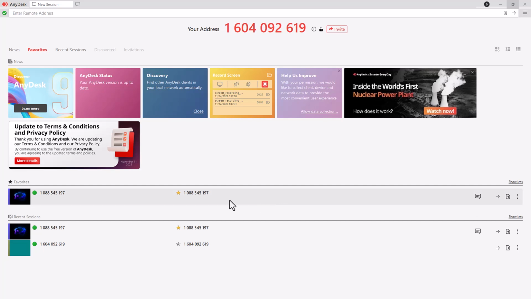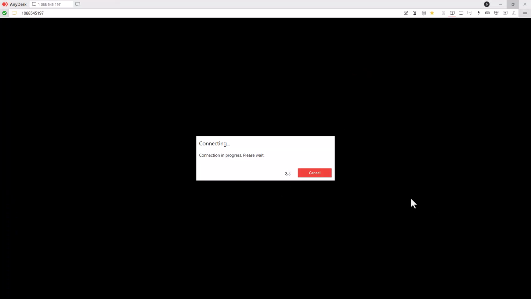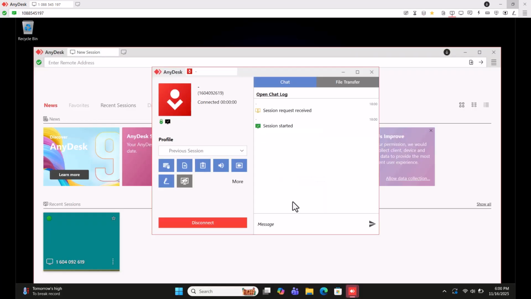So over here, you can see that I have these particular connections in Favorites. I can go ahead right here and connect out to this particular computer by coming into the AnyDesk app right here and sending out a request. But if you want to have faster access, you can actually create a shortcut for that